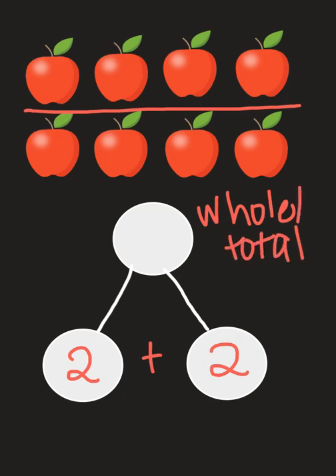So one thing you can do, you can add 2 plus 2, or you can go up here and use your picture, right? So let's go up here, let's use our picture, okay? So we have 1 apple, 2, 3, 4, then we go down here to our second, 5, 6, 7, 8, right? So we have 8